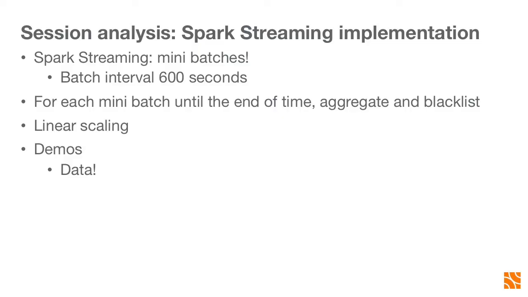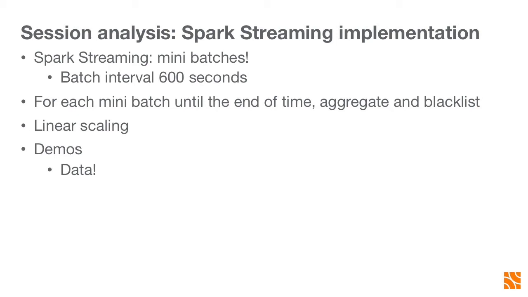So we implemented this in Spark Streaming. The example that I used to generate the data I just told you about operates on 600-second batches, which is pretty handy. For our purposes, we find it to be more or less useful, although, rest assured, we're not just doing this. So if you get any ideas, we're looking other places as well. Basically, we will run the batch every 10 minutes, and then we will aggregate and blacklist IPs that are malicious.